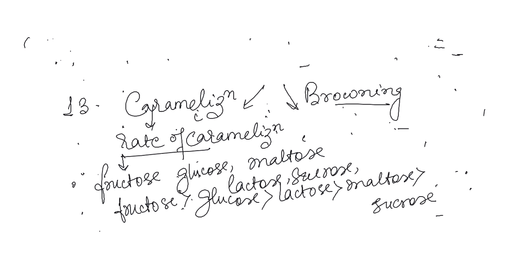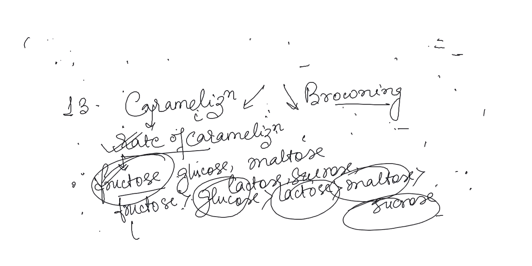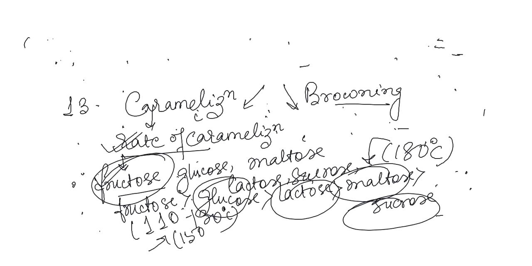Okay, so this will be my trend. Usually, the first one which gets caramelized faster is fructose, then followed by glucose, lactose, maltose, and then sucrose. Even this has a caramelization temperature of around 180 degrees Celsius, whereas for fructose, usually it is mentioned at 110 to 140. Some places or some books you will find as 150. But 110 to 120 max, it is getting caramelized. So you can mention that.